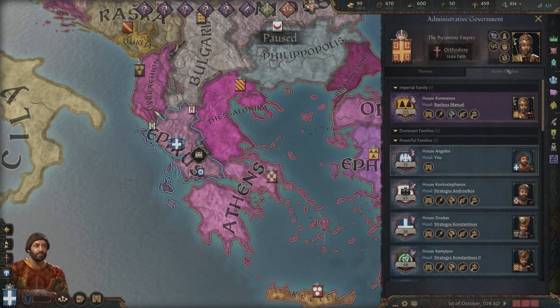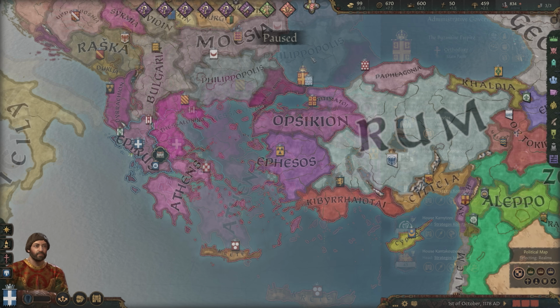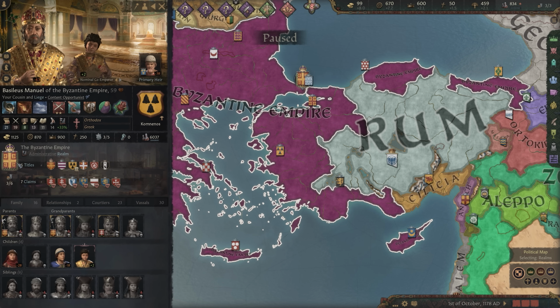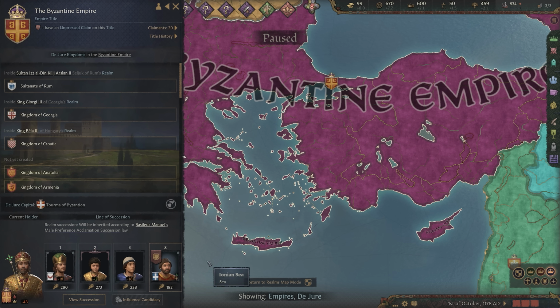In Roads to Power, we introduced state faith as a new mechanic. It was never something we planned for initially, but the more we played with how administrative gameplay functions, we realized, yeah, we need some form of flavor added on top of it, right? State faith in its simplest form is basically tracking the faith of a title or an empire by itself that is separate and completely divorced from the top liege of that realm.